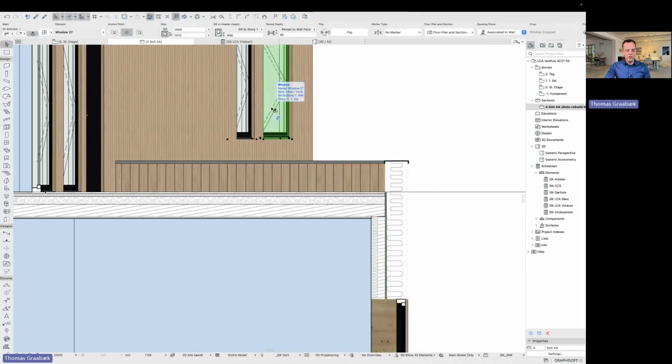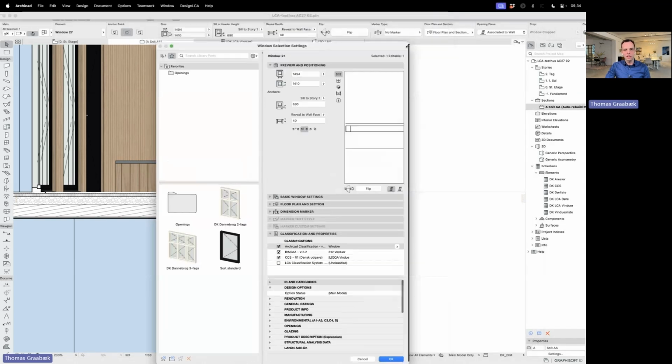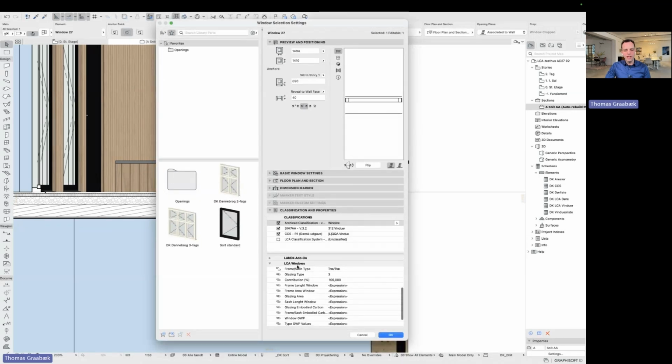The property set also works on doors and windows. So if you go to the doors and windows settings here, let me just read. And again, I go down to LCA windows. I can set the frame type. And this is in Danish, I know, but if you use the international version of DesignLCA from the DesignLCA.com website, then you'll get an English drop-down menu.